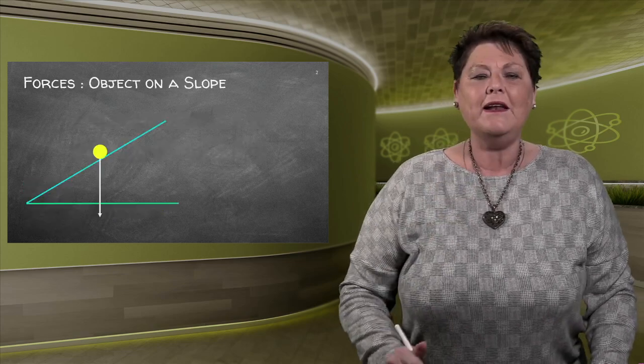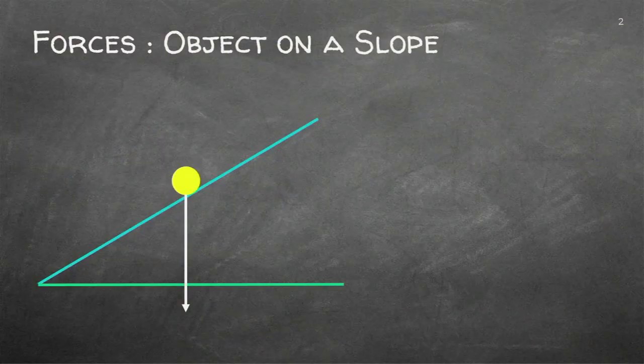So let's jump in and see what we have if I've got a body. That is a body, an object, a car, any mass that's at an angle, and that will be the angle. So you'll always be given one of those or both of those, and let's hope they give you both of those. So what do we do if we've got that body there at that angle? So that's your angle, and it's lying there.